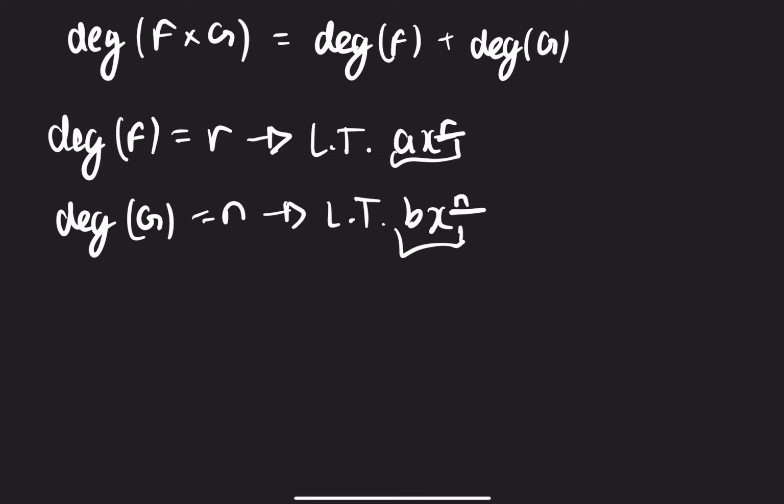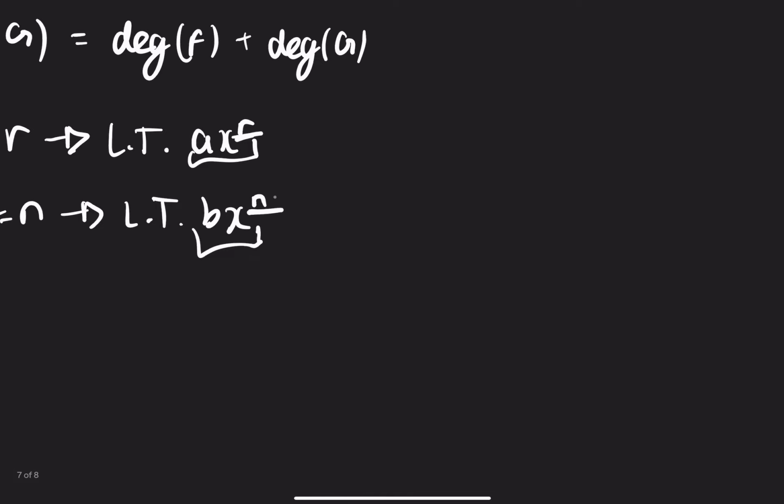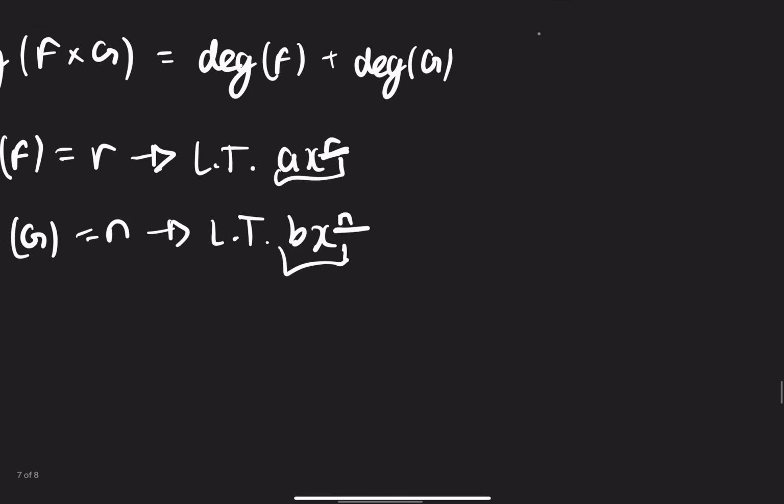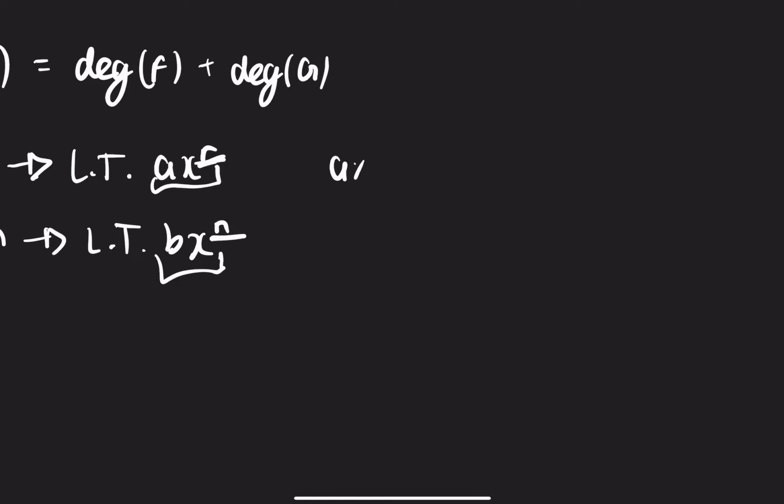So if we multiply the two leading terms together, or the terms with the two greatest powers of x, then we are going to get the largest possible term, or the leading term, of the polynomial formed when we multiply those together. Because if r is the greatest exponent of x out of all of the terms in f, and n is the greatest power of x out of all of the terms in g, then when we multiply f and g together, there is only going to be one term, which is ab